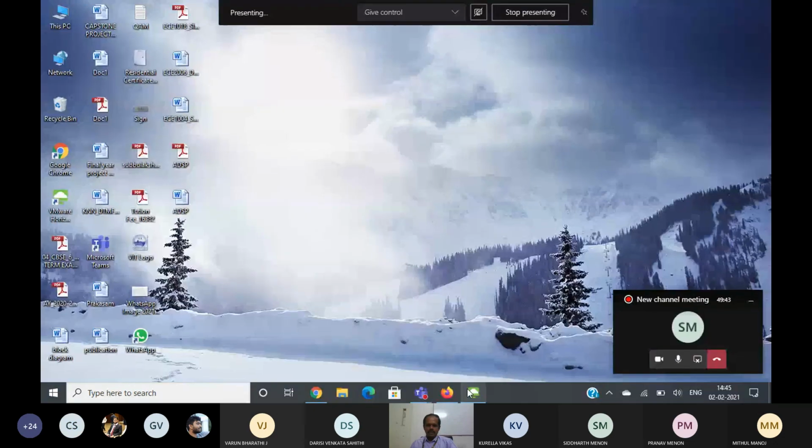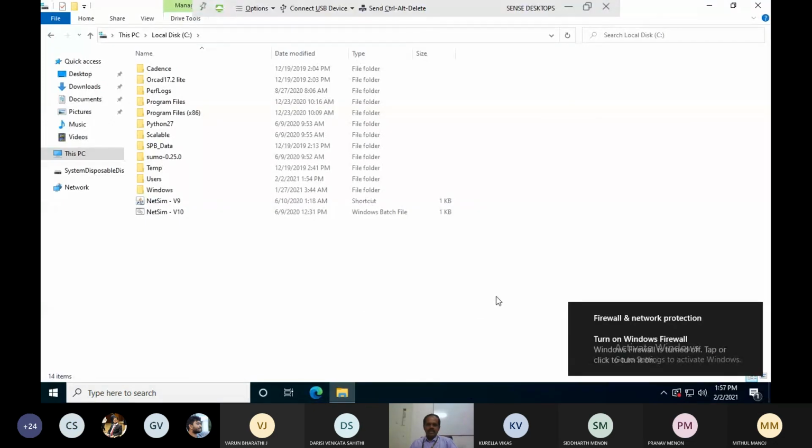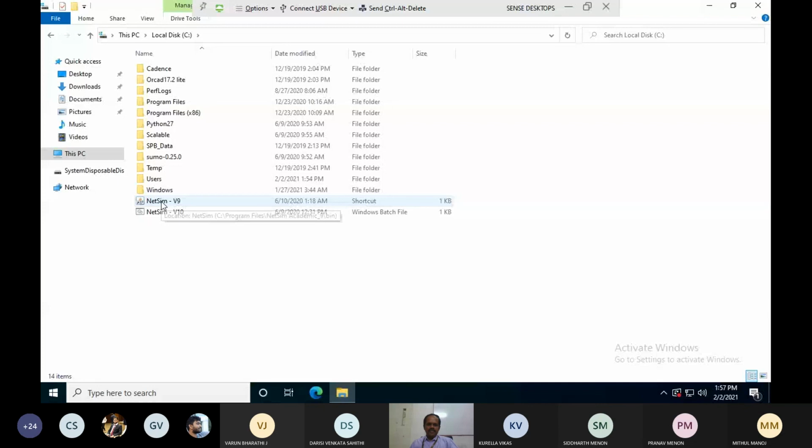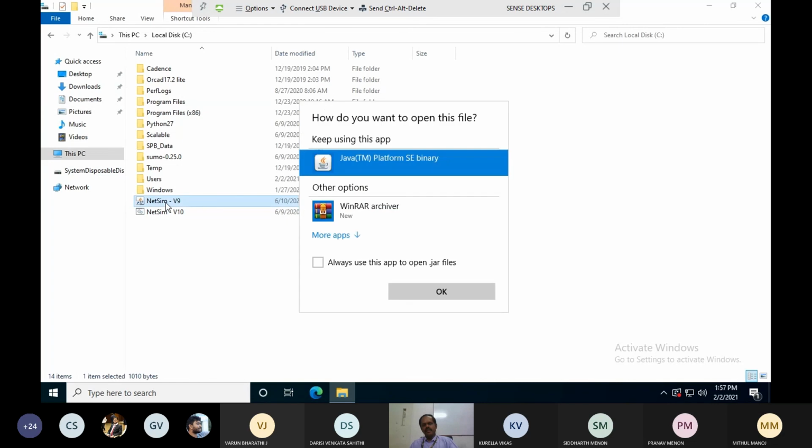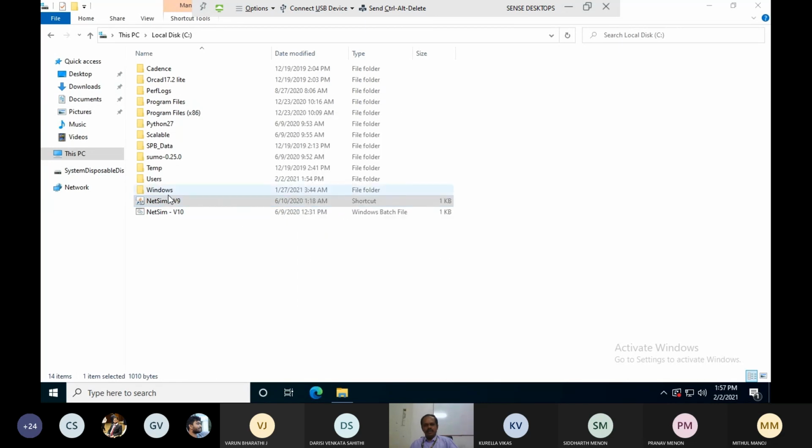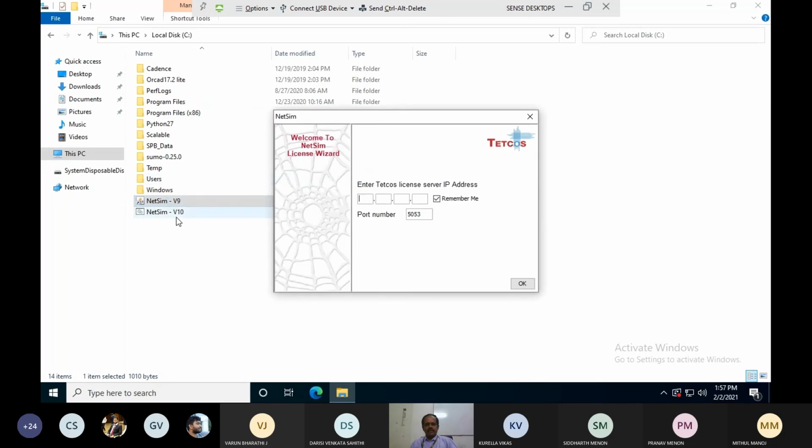Whatever you want, you can select it. For a few exercises, we may use NetSim version 9, and for a few exercises, NetSim version 10. For example, now click NetSim version 9. It will ask you to enter the IP address.